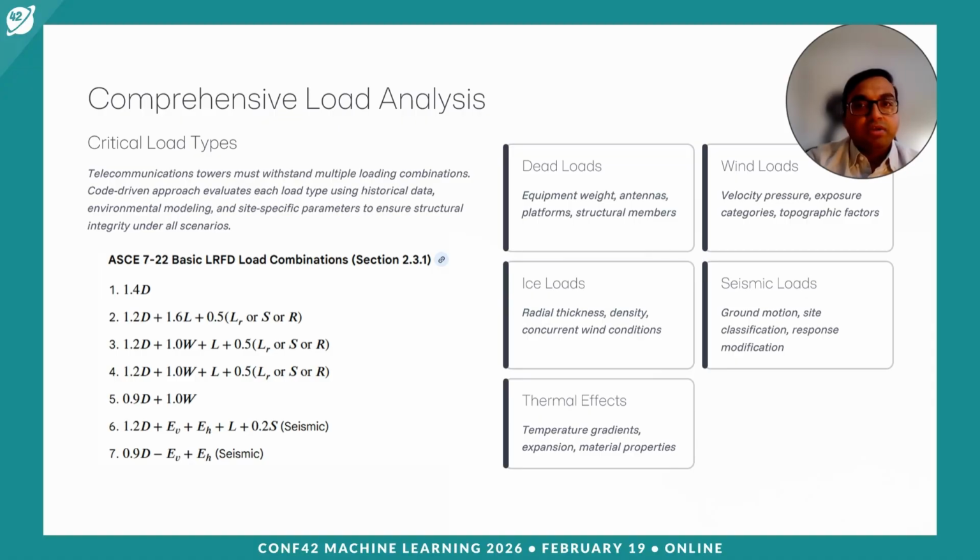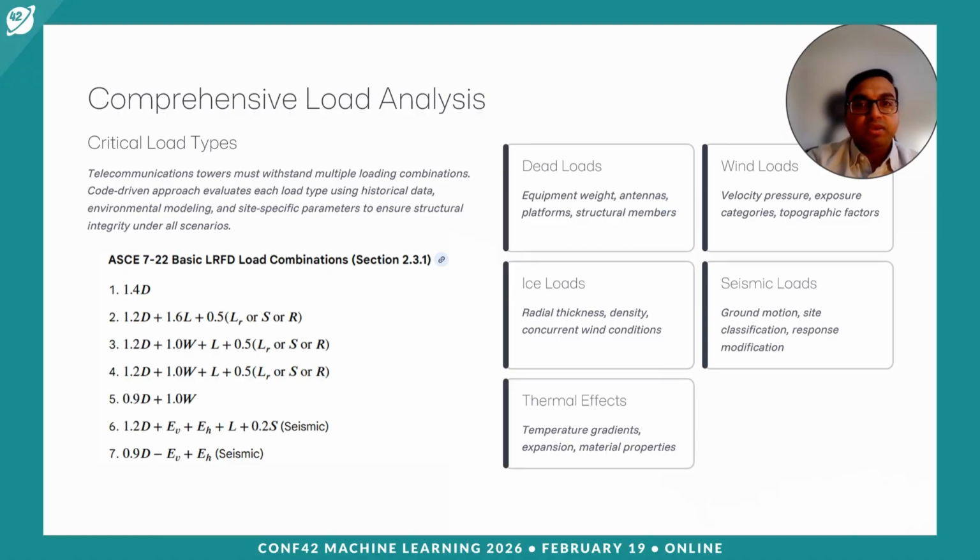This slide covers the critical load types that every tower must be designed to resist. Understanding these loads is essential because they are the core inputs to any structural model, whether traditional or data driven. Dead loads include the self weight of the tower steel, platforms, ladders, antenna mounts, and all mounted equipment such as antennas, radios, junction boxes, and feed lines. Accurate dead load accounting is fundamental and is an area where data analytics can significantly reduce errors in equipment inventory.